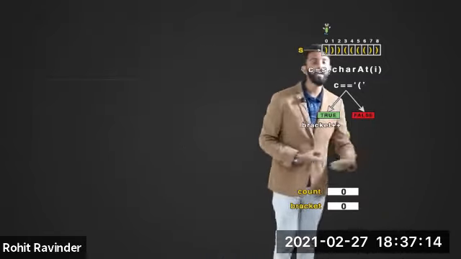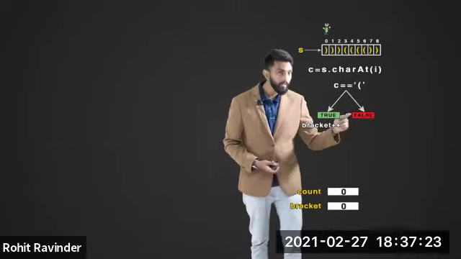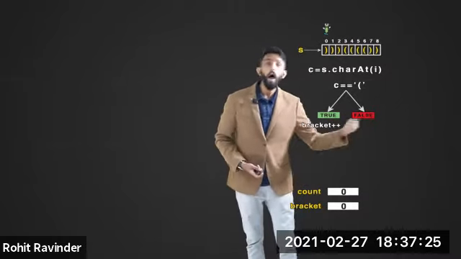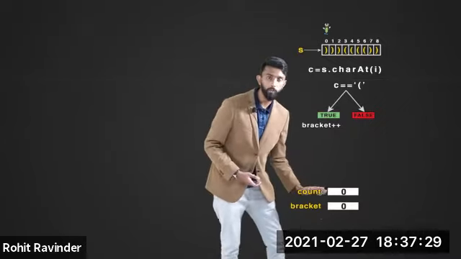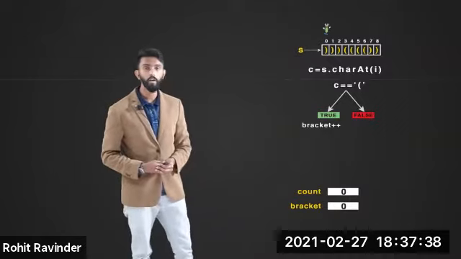So what I'm going to do here is, further I'm going to check something. To check whether this is a bracket which is balanced or imbalanced, I have to check whether there was an opening bracket. How will I check if there was an opening bracket? Simple. If there was an opening bracket, don't you think the value of this bracket variable will be greater than 0? Would you agree with me?